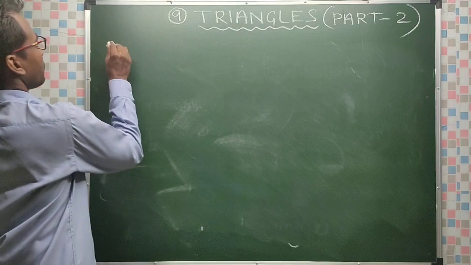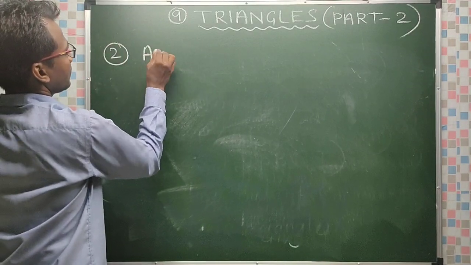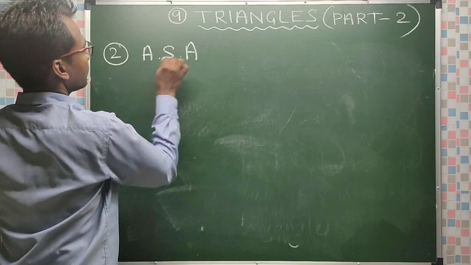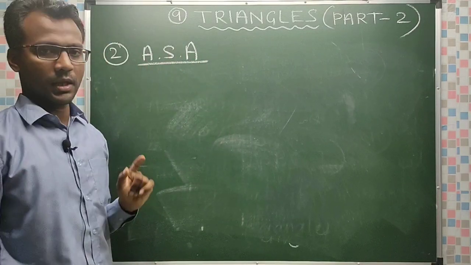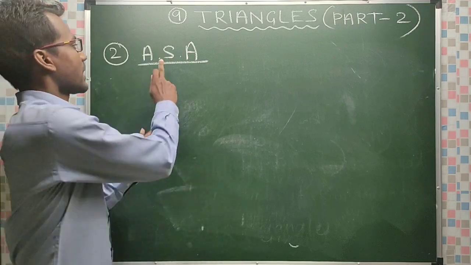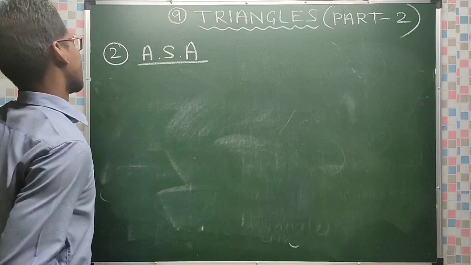Next is number 2 postulate, angle side angle. Okay, ASA, angle side angle. That means one side will be in between two angles. Okay, so the postulate is like this: